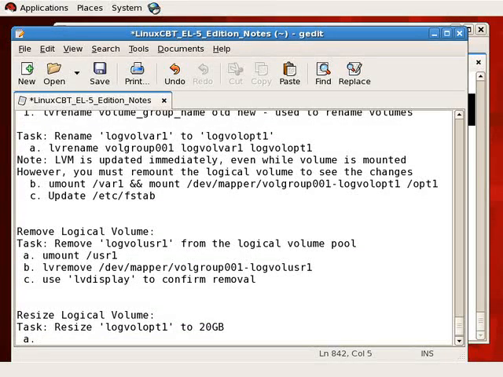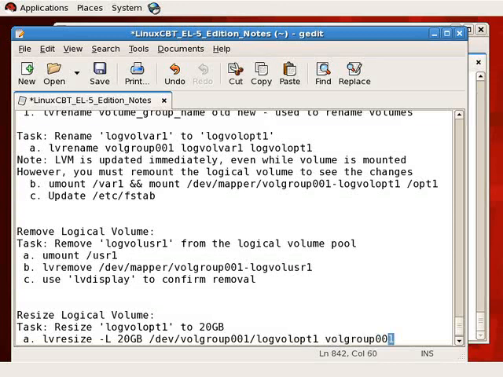If possible, unmount the logical volume. But you can exercise the lvresize option even with the volume mounted by using the lvresize command, followed by uppercase L to indicate the new size of the volume. So if we resize it to 20 gigabytes, the full path to the logical volume, which is /dev/vol_group_001, is required syntax, and it's logical volume opt1, followed by the volume group container, which is simply called